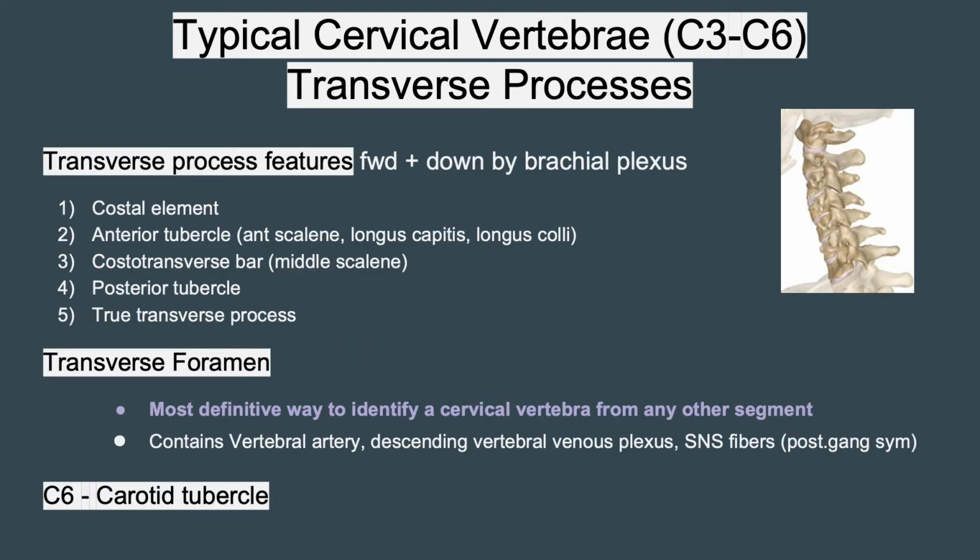Okay, moving on to the things you need to know about the typical transverse processes. So know that they are pointed forward and downward. Remember that soft tissue, that nervous tissue that forms the brachial plexus, is going to kind of pull those TVPs down and forward. So the TVPs of the cervical spine are a lot more involved than those of the rest of the spine. So if you have your bag of bones or your disarticulated spine, look at those. Look at the costal element, the costotransverse bar, the anterior tubercle, the posterior tubercle, as well as that true transverse process. And just be able to differentiate them